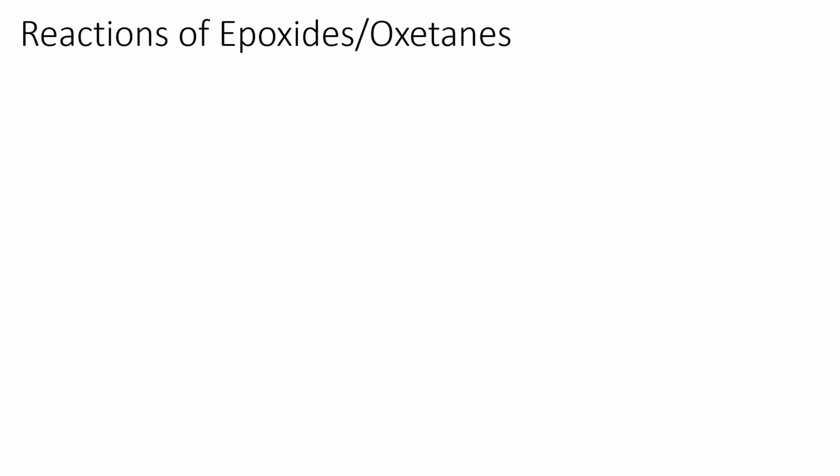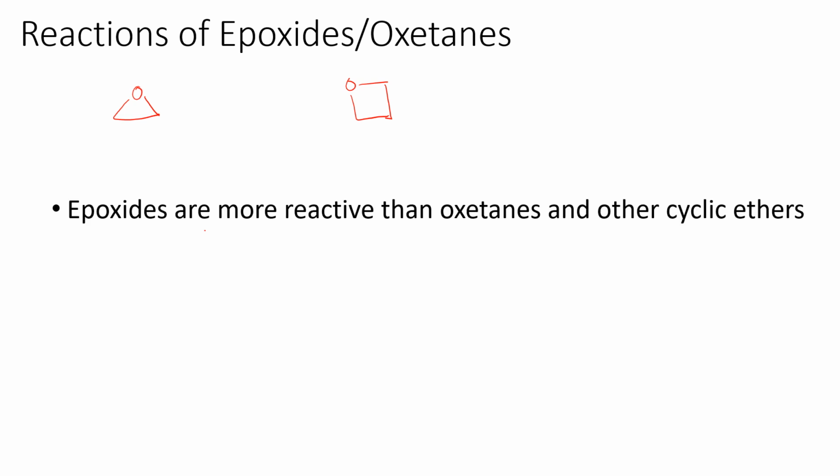So epoxides we have already looked at forming in our previous section. And remember, our epoxides are going to be those three-membered rings with the oxygen. Oxetanes are going to start looking at other cyclic compounds with oxygens that have more than 3 carbons associated with them. What we are going to see is that the epoxides, those 3-membered units, are going to be more reactive